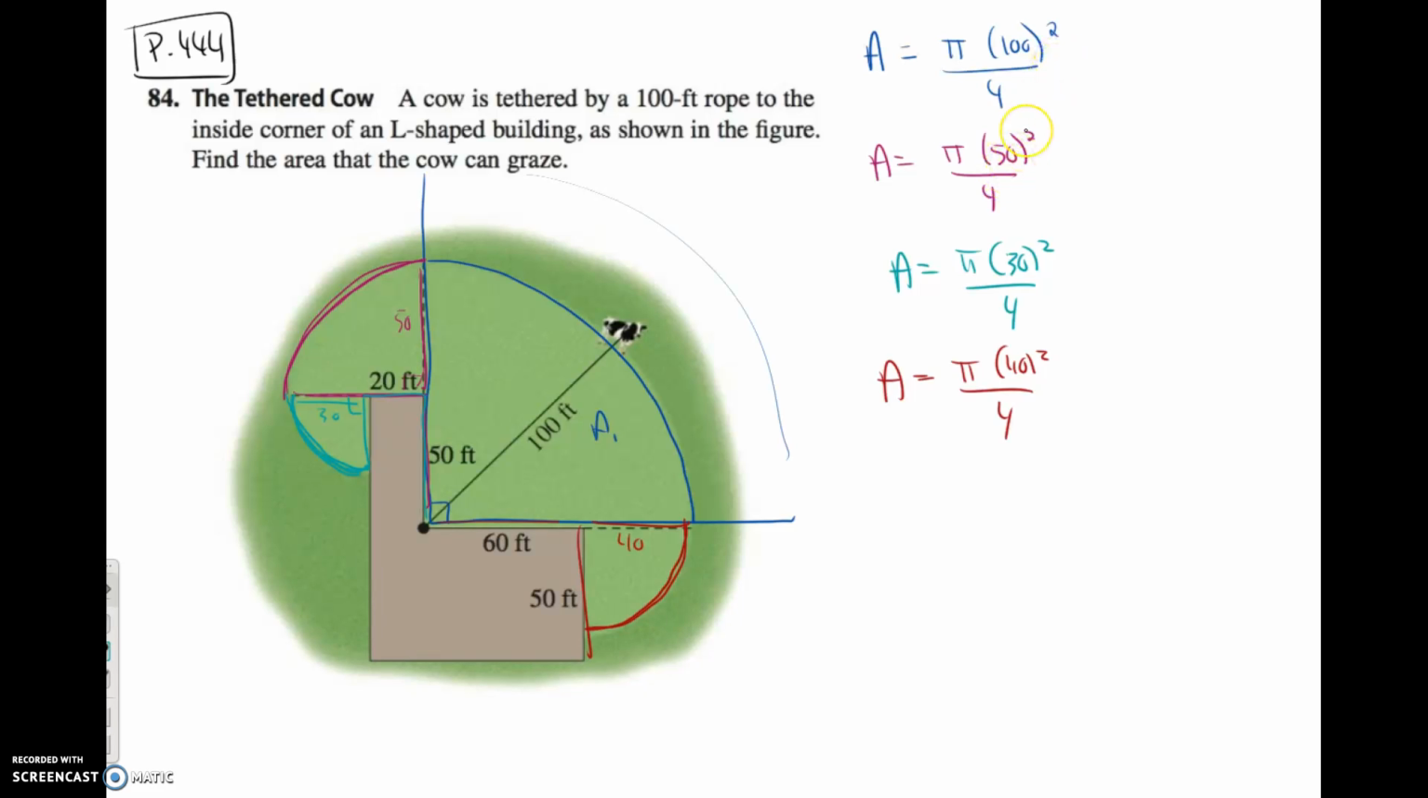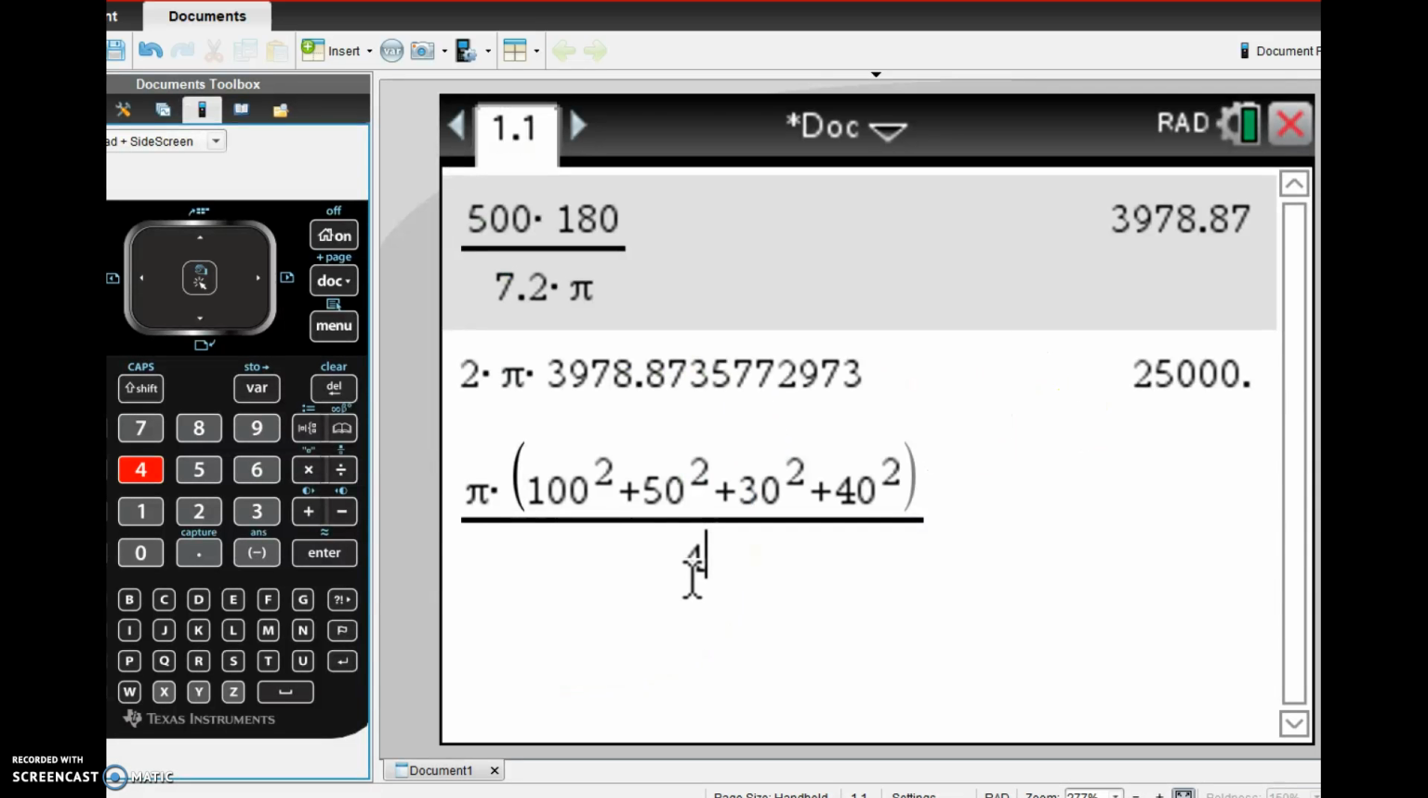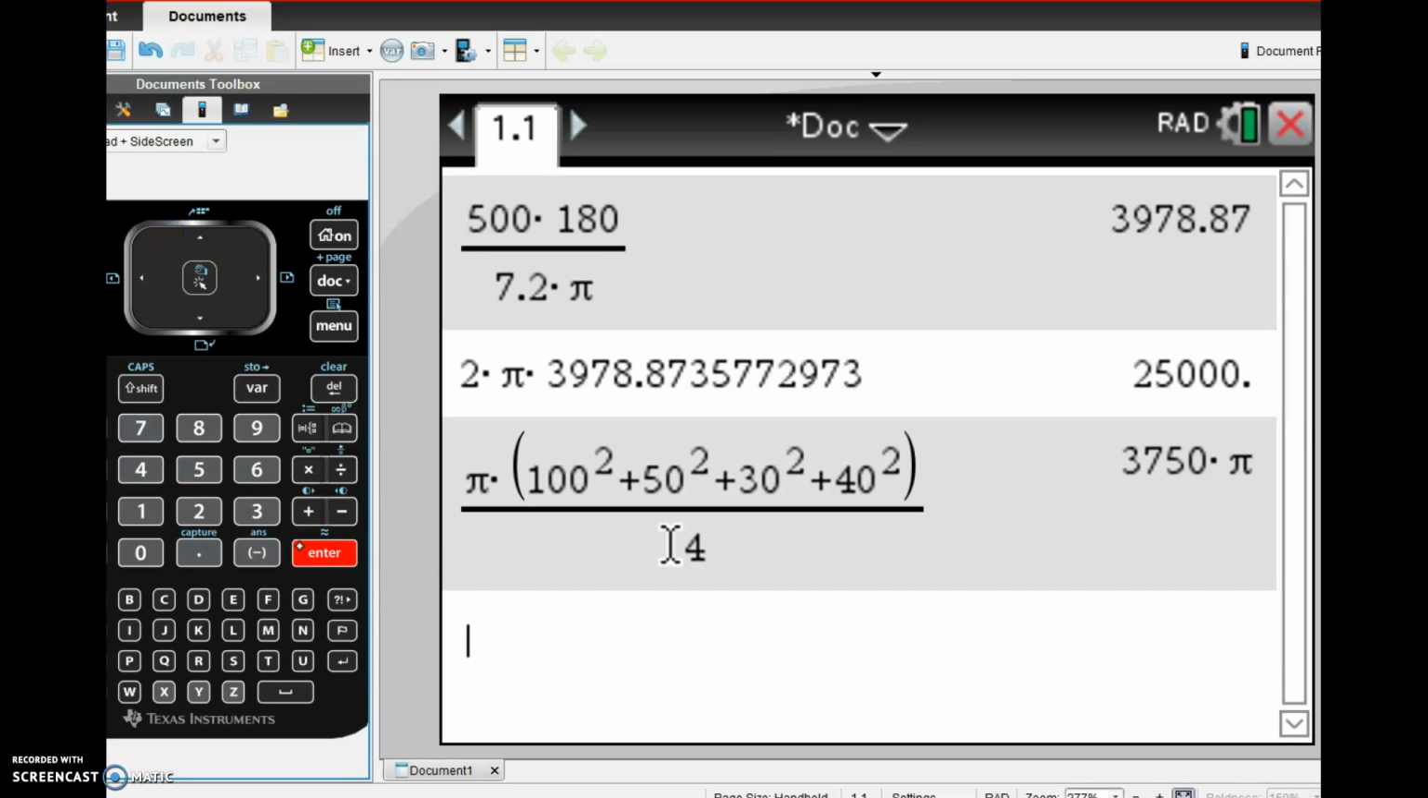Can we do this? I don't really want to do this in my head, and you don't. Anytime you come across numbers that you don't want to add or subtract, or they're big or ugly numbers, feel free to pick up your calculator and use it. So I'll pause while I put this in the calculator. Basically, I need to add those up. So I factored out the pi and did 100 squared, 50 squared, 30 squared, and 40 squared, divided by 4, multiplied by pi. That should be, enter, that's